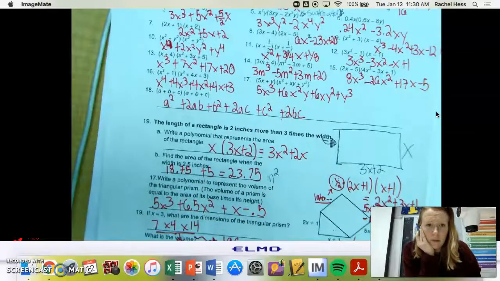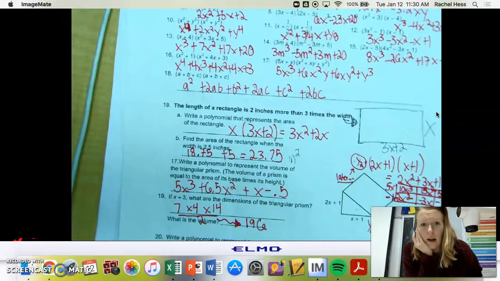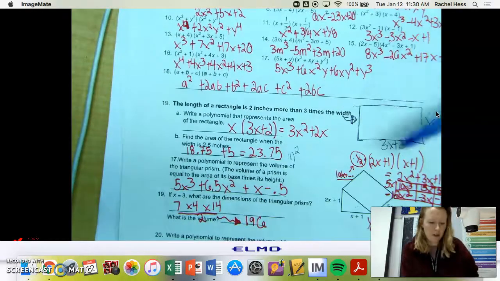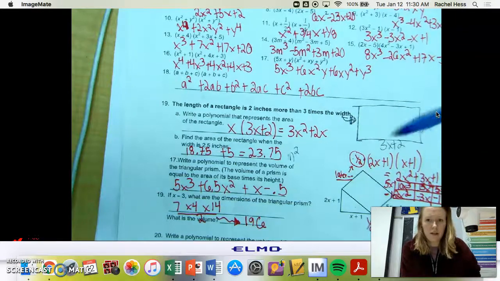Feel free to email me, but like I said, you will see a question like the rectangle problem somewhere, so make sure you know what the dimensions are, and the area is length times width. So anyway,